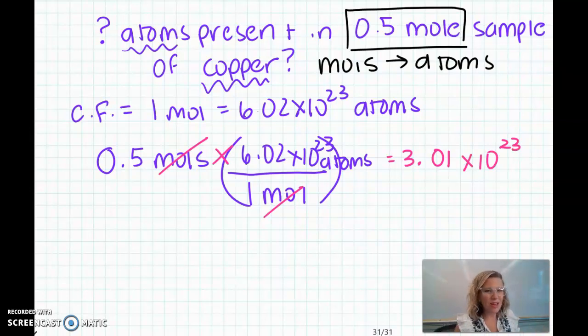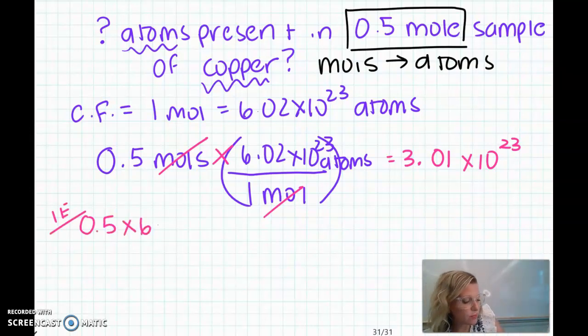Now, if this idea of using exponents in math really scares you, here's what I'd recommend. Complete 0.5 times 6.02 without the 10 to the 23rd. If you get a number where the decimal place doesn't move, so for example,